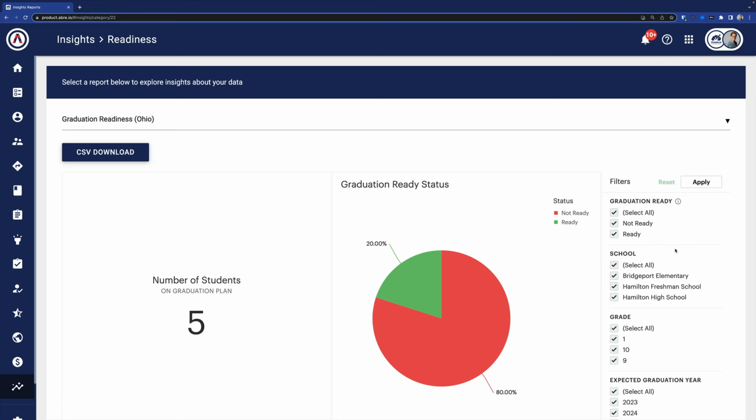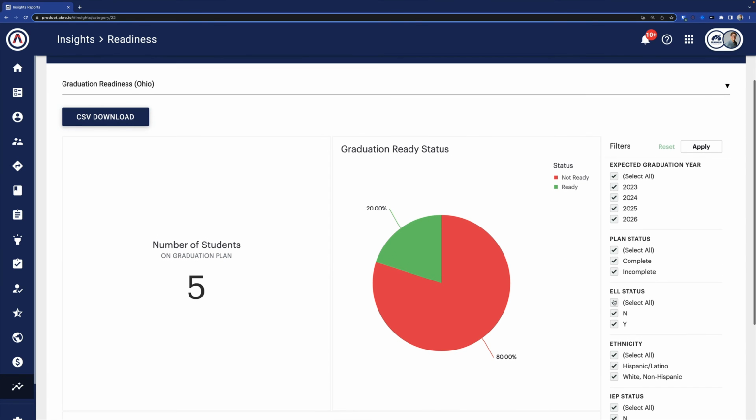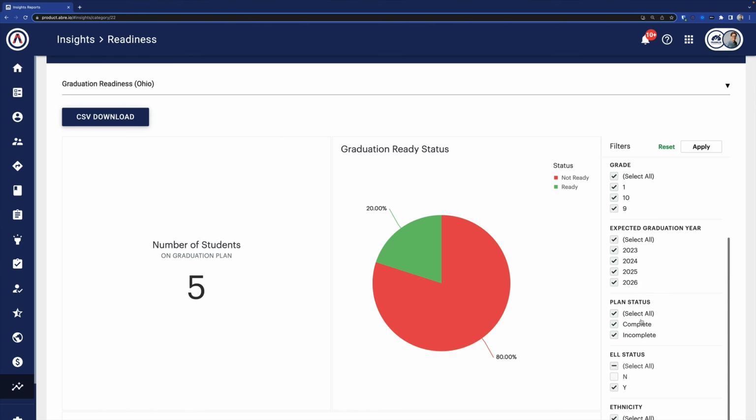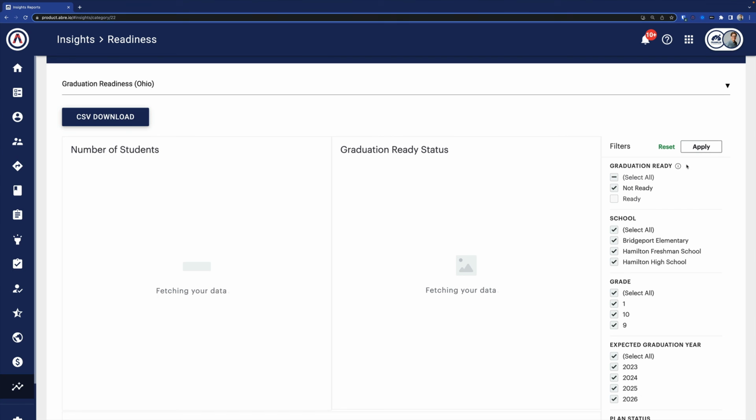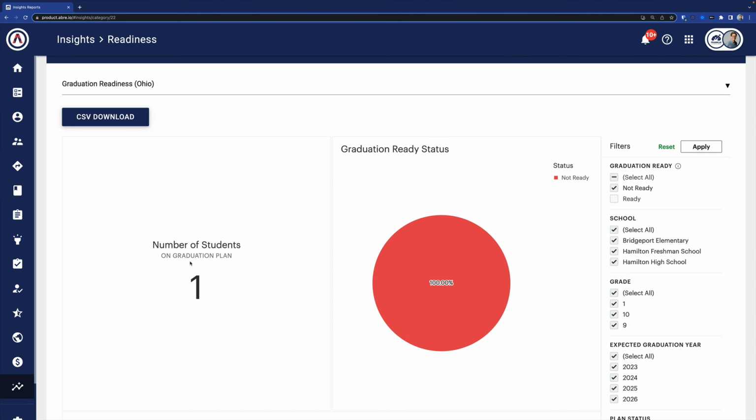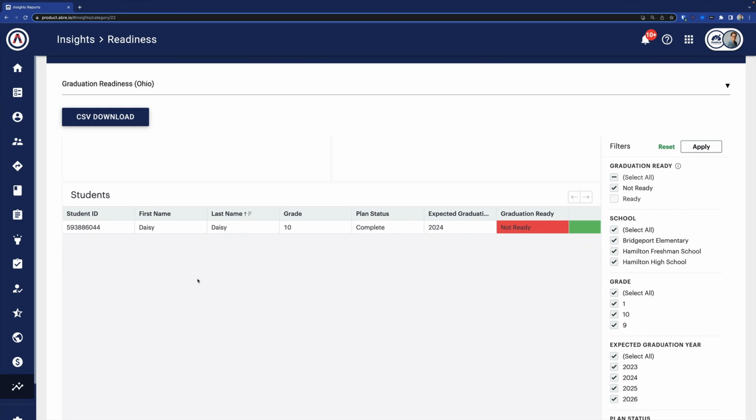Really quickly, what I can do is come right here and say, please give me kids who have EL status and have their plans complete, not incomplete. What I'm curious about is, are they graduation ready? I want to click not ready so I can find this and hit apply. I have one student who qualifies for that, and I can come down here and find, hey, there's Daisy. She is not ready. She is one of my EL students, but with one click, I can know this information, have it ready to go, and then hopefully put in supports to, in this case, get them on track for